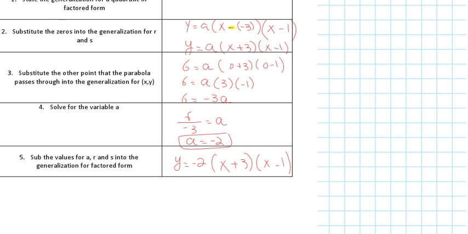Down, because a is negative. Does that make sense? Does it match the graph that you have seen up there? Yeah. It has to. Otherwise, you've done something wrong. Okay? All right. So, I'm going to let you work on your